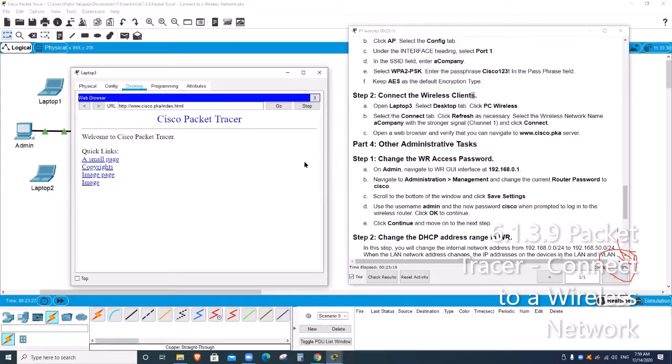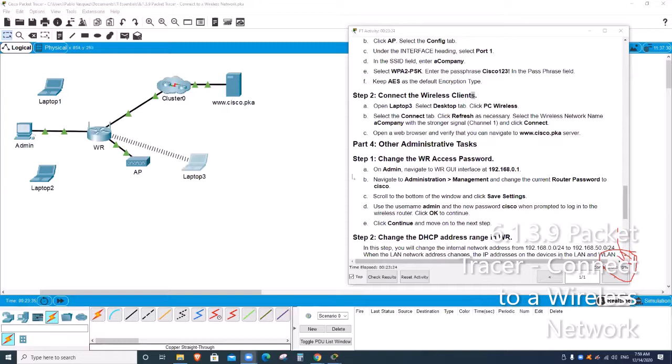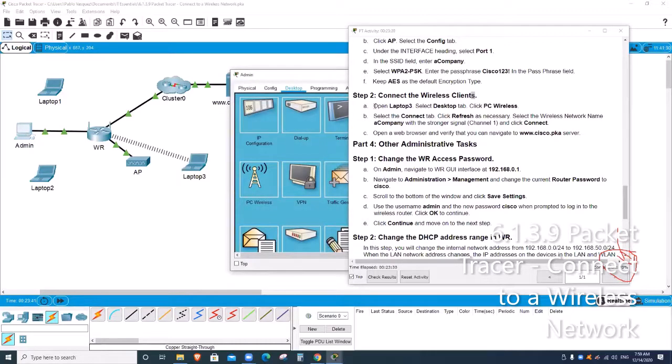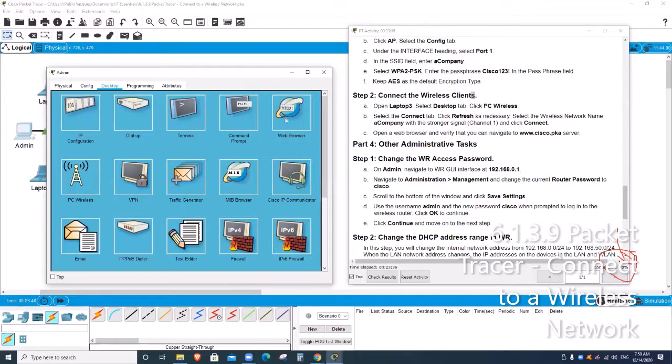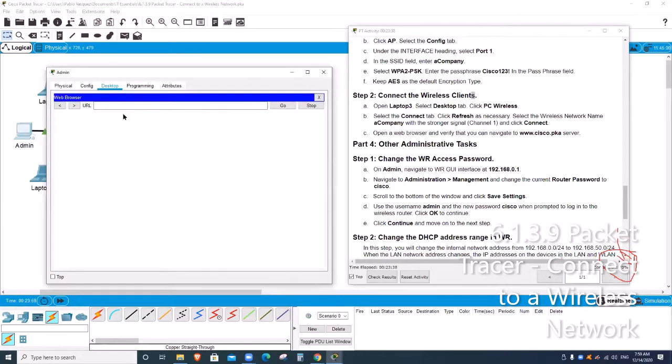It says other administrative tasks. Number 1, change the WR access password. All right, so I'm going to close this. On the admin, it says navigate to the GUI interface of the wireless router. So how do we do that? By just going to the admin computer. Here it is, admin computer. And on the browser, we're going to type